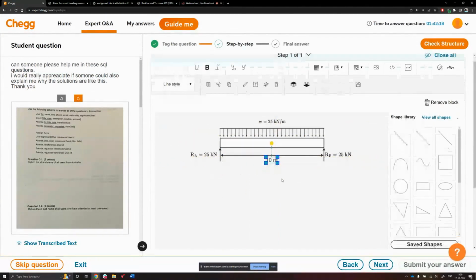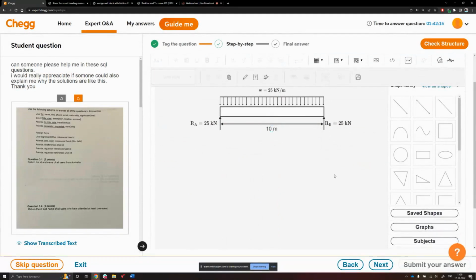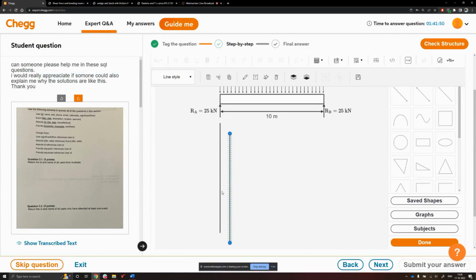Place it here. Now you have to draw the shear force and bending moment. For that, you need two vertical lines first. One more thing is make sure that nothing is there on the left side of the canvas, because whenever we want to insert something, they appear on the left side. So by mistake, we don't want to move another object that lies below this. After that, copy paste this, move it here. Draw a vertical line.